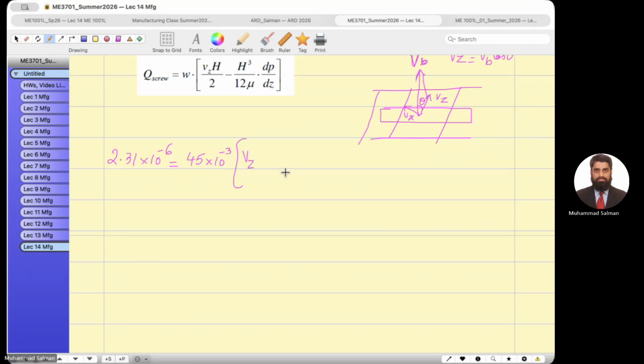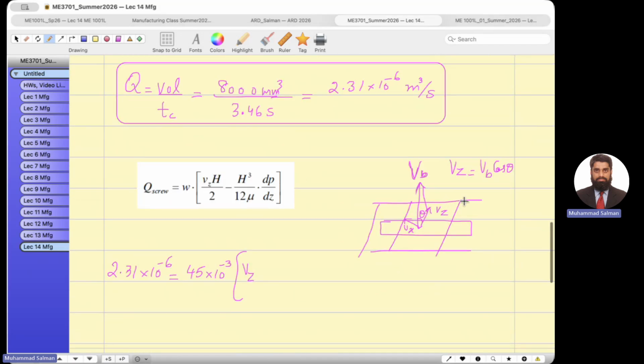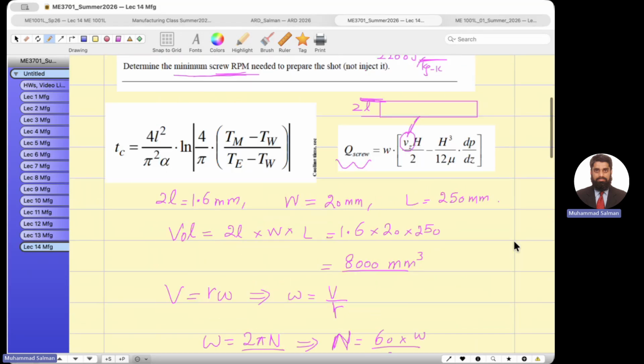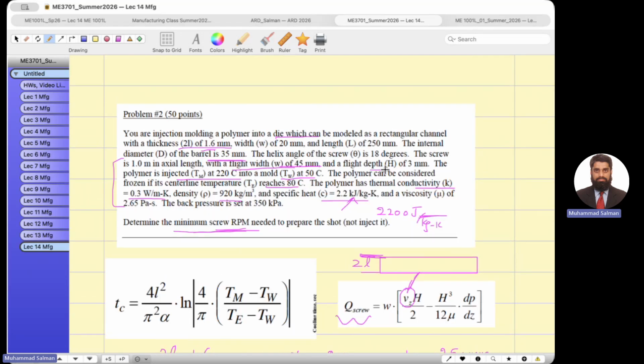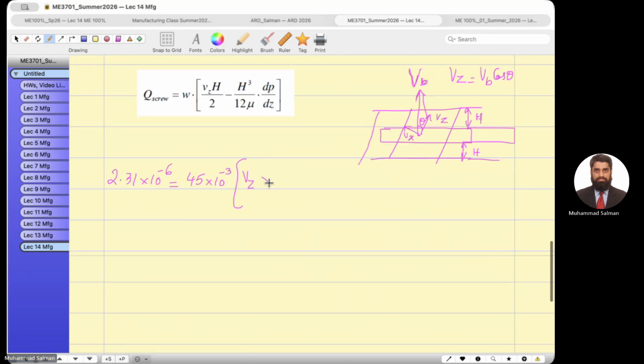Vz, what is the channel height? This is channel height. This is height over here and the same height on the other side of the screw, and it is given in our data. If you read this data, the flight depth h is 3 millimeter. So I can write down here 3 millimeter, convert it into meters, 3 divided by 1000 divided by 2,